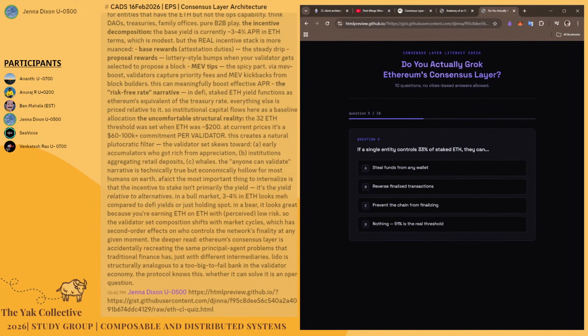But then I also thought of asking, who is it that's got 32 ETH to become a validator? And it made the interesting point that that number was chosen back when that would have been kind of affordable, and it's not anymore. So we have plutocrats running the validators, so we're back with that same problem. I'm sure you guys all know more about it than me, but that seems like a big problem to solve. And if anybody else has found something interesting about the other answers, I dropped it in.